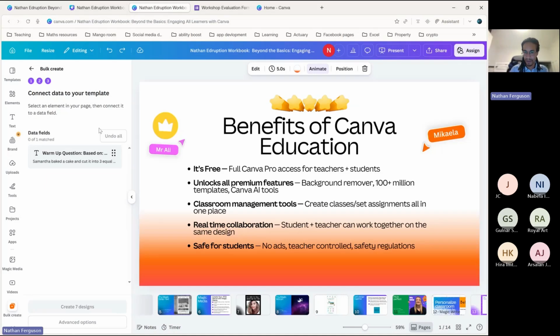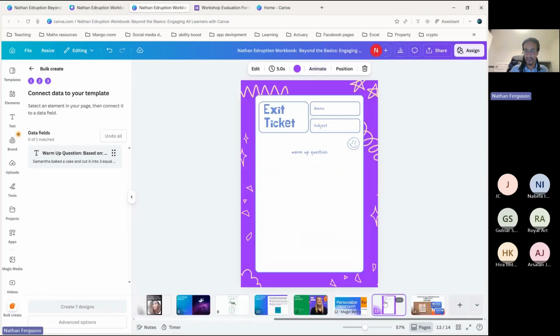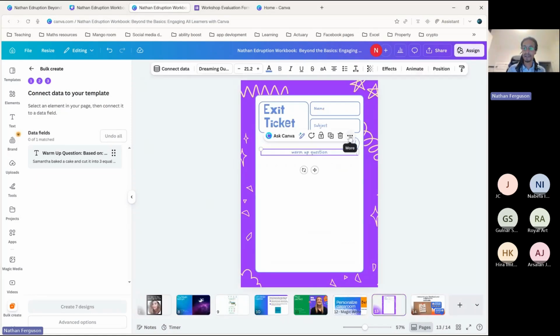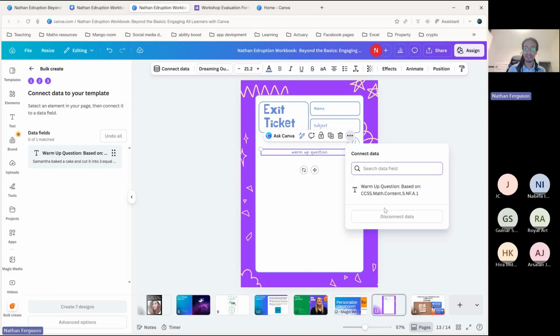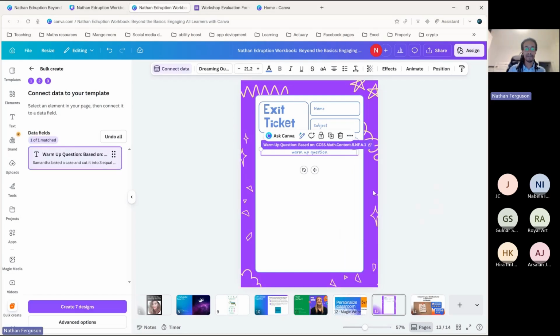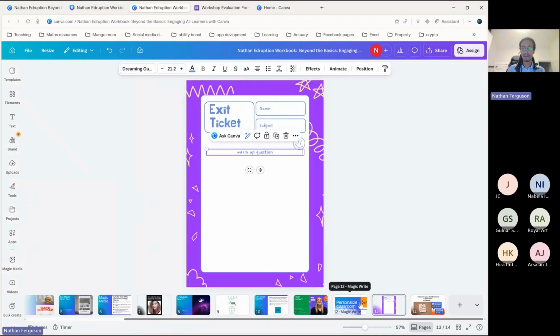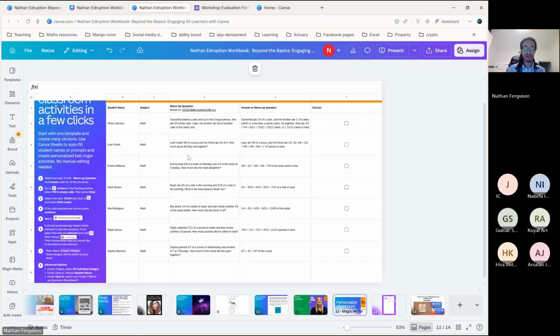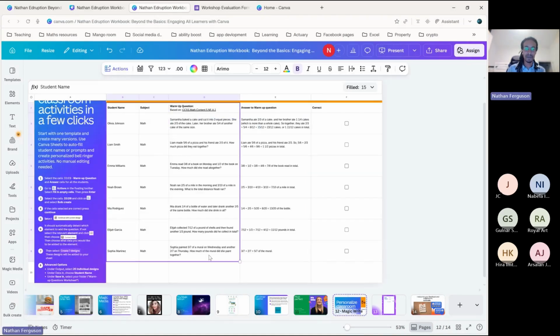Oh, that's not our design. Here is our design. Okay, it doesn't see the warm-up question. So click on it, 3 dots, connect data, warm-up question, and then I can create the design. Okay, and then it will create all the designs for me. But if I wanted to add the name in as well, okay, highlight all of this,